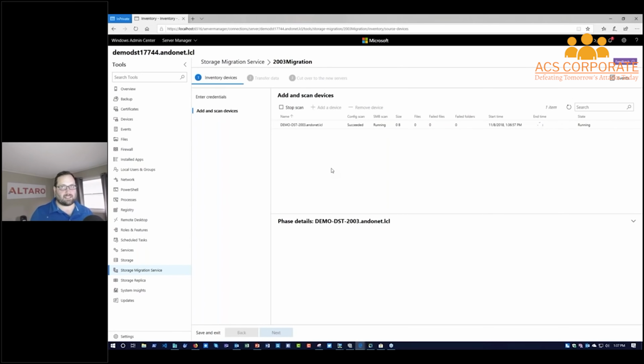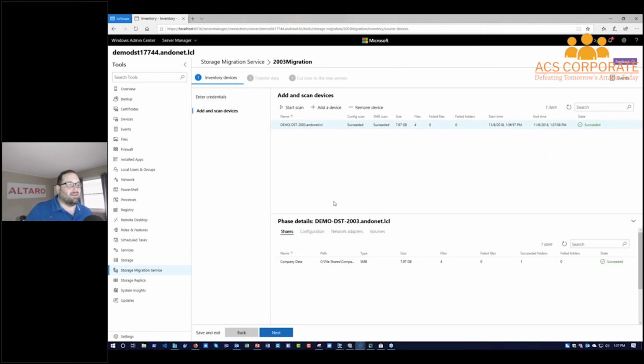But the weird thing was I could still see bits and pieces of the configuration. And what I suspect is the reason why is if you try to access a file share on an older 2003 box from a newer machine, you're going to get the illustrious SMB1 error message saying, hey, this is really insecure. You really shouldn't do that, and we're not going to let you. So what I've done since then is I've actually, and don't tell Ned Pyle, the PM for storage migration service, he has a war on SMB1. Don't tell him, but I installed SMB1 support on this 2019 server in order to do this, and it succeeded